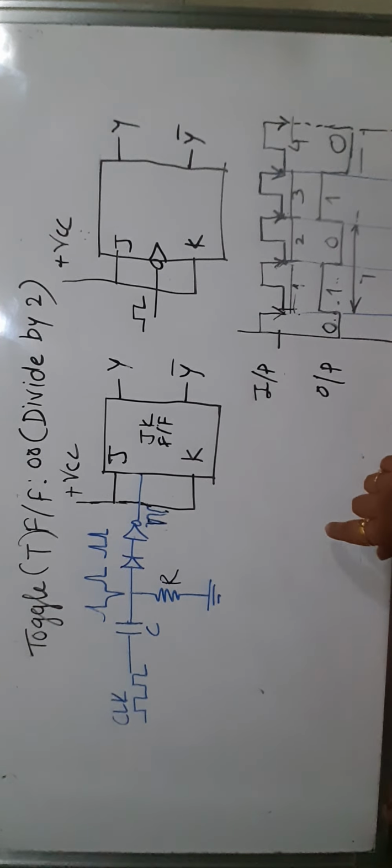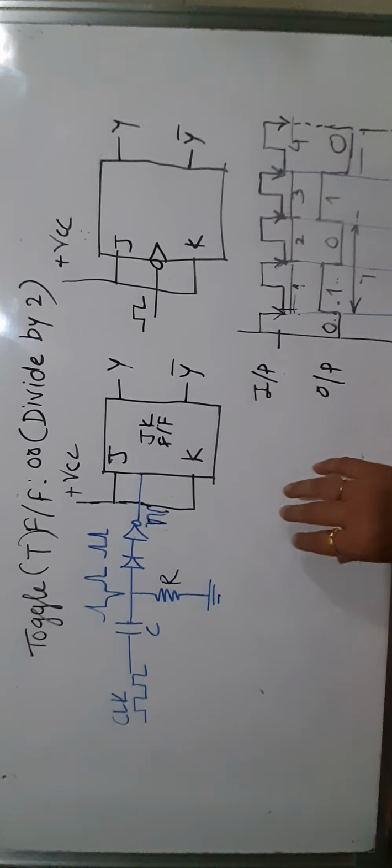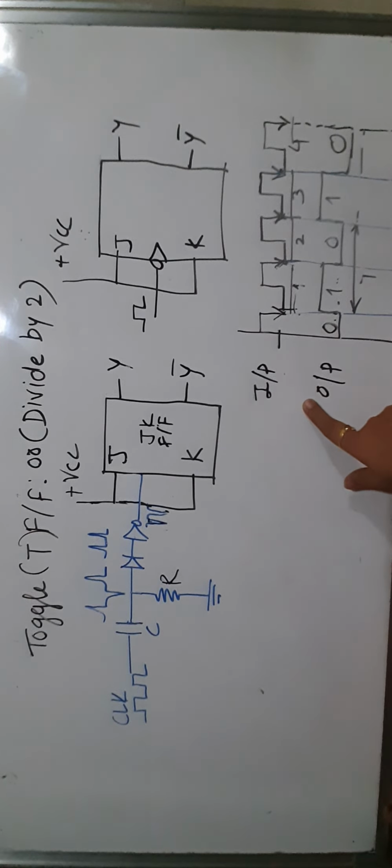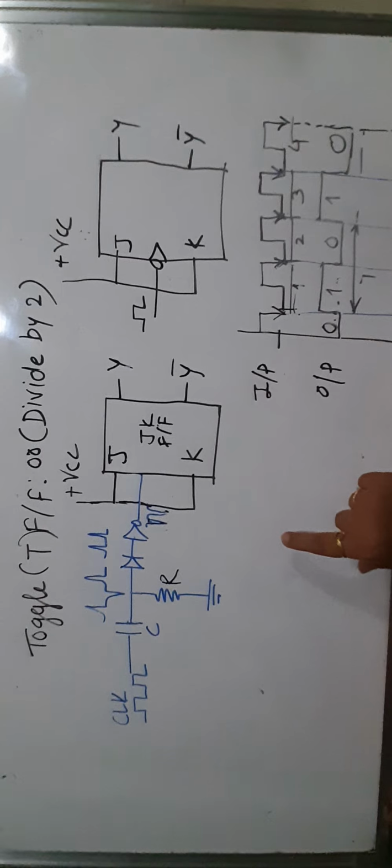The applications of toggle flip flops are that they are used in counters, up counters, down counters, then frequency division circuits, then 2-bit parallel load registers. This is also used in binary addition devices. Okay, so this is all about flip flops. Here the topic flip flop ends. In the next lecture we will see the topic counters.